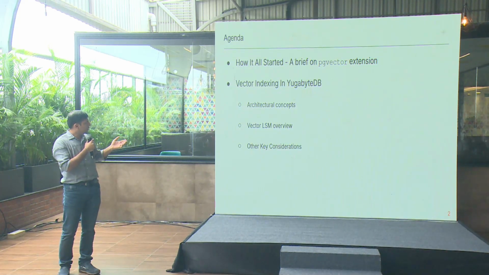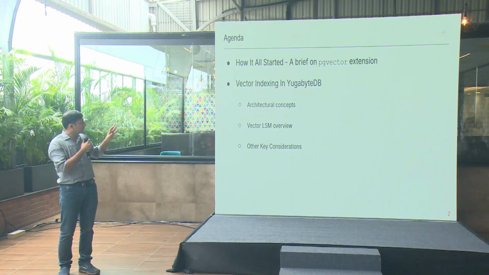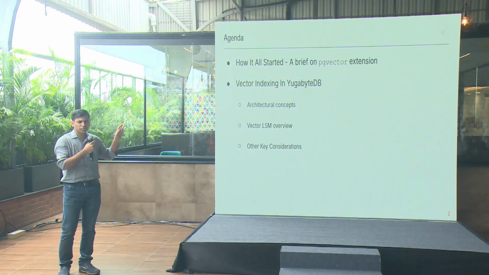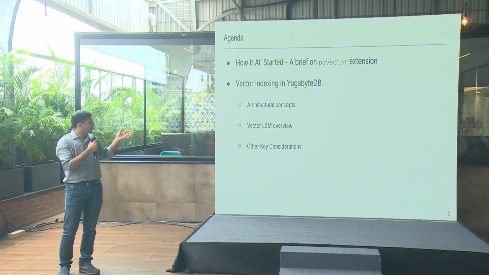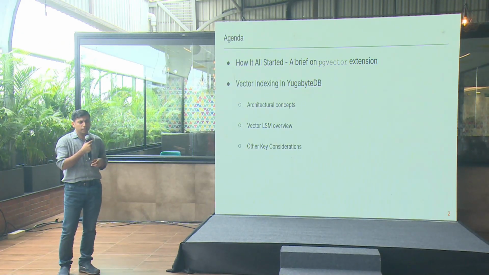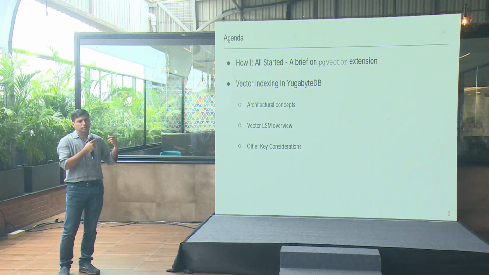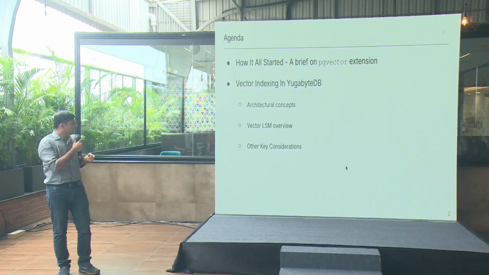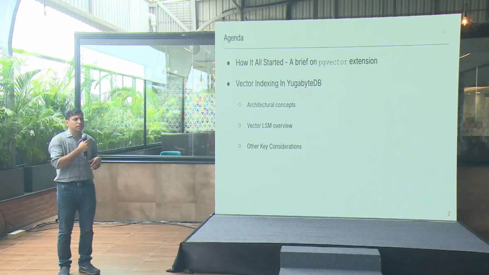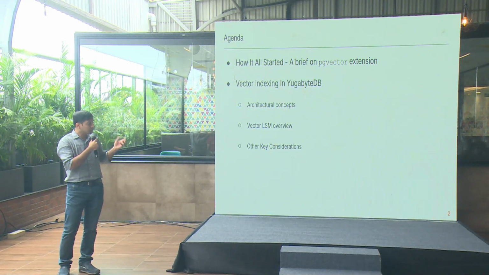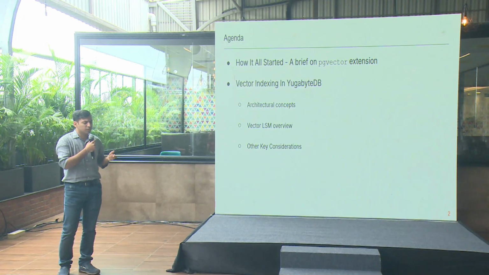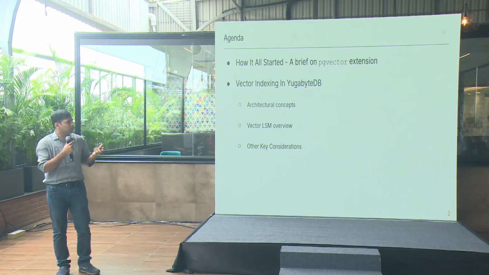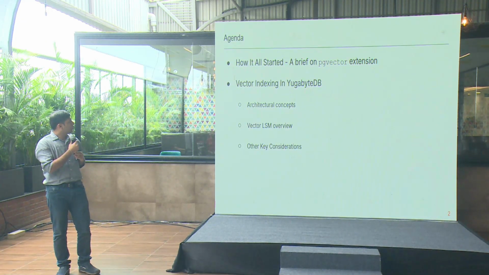In that, again, I'm going to give a few architectural concepts of YugabyteDB which will help us understand what we call the vector LSM abstraction. It's a layer that we have added while implementing vector indexing in YugabyteDB. And then I'll summarize other key considerations that help this distributed vector store scale, basically meet the scaling requirements of AI workloads. So yeah, with that,